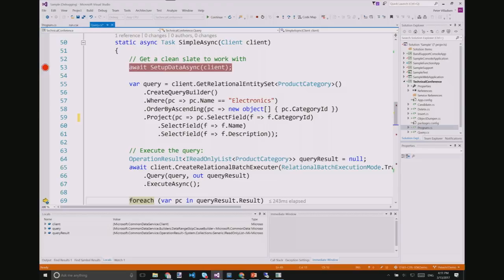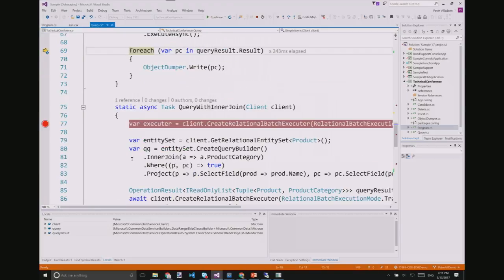So what will happen is that the system will say, okay, I'm going to create myself a delegate that is triggered whenever this is finished. I'm going to spawn it off, now go execute it, and then I'm going to return to whoever called me. And then when this guy is finished, I'm going to execute the continuation where my cursor is now. That's sort of the high-level representation of what the await does. It doesn't do justice to what actually goes on behind the scenes, but you can read up on what that actually does.